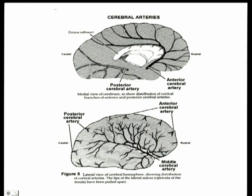Also, the anterior cerebral is going to get that part of M1 and S1 that has the representation of the leg. So remember what's mapped here, representation of the leg in both S1 and M1. And remember, the SMA is sitting right here on the medial wall. So that anterior cerebral is going to get in here. Here's your middle cerebral. This is really important to